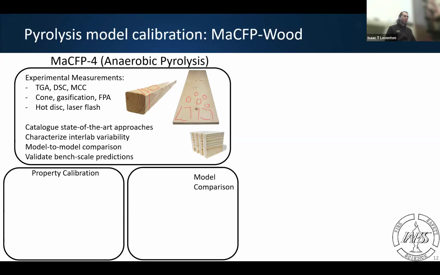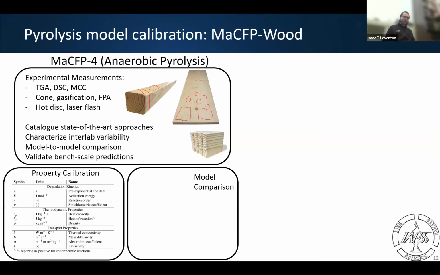It's a pine wood. We selected it because of its generally widespread use in furnishing and constructions and standard fire testing like crib fires. And again, please run whatever test you would like to for your property calibration. But if you're doing certain ones, we propose some steps in the guidelines for direct comparison.